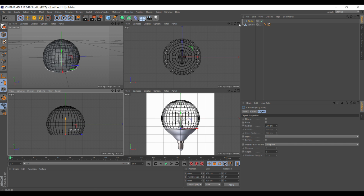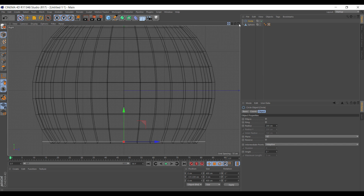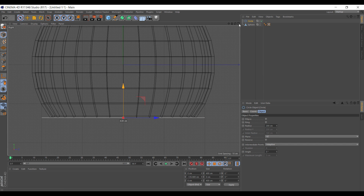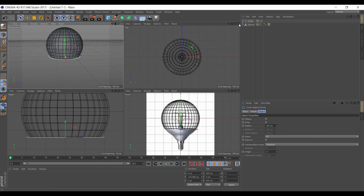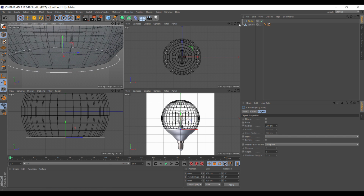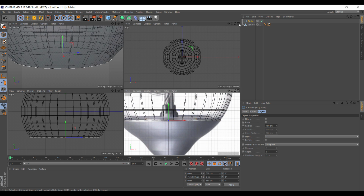So let me just line this up down here. We'll use this one and line this up about right. So about there. Lovely job. And let's use this one, and we'll do the scale. So radius, we'll just drop the radius. We can go in bigger increments if we hold shift while pressing down. If we look at the image, it kind of just sticks out ever so slightly, so I just want to come slightly out